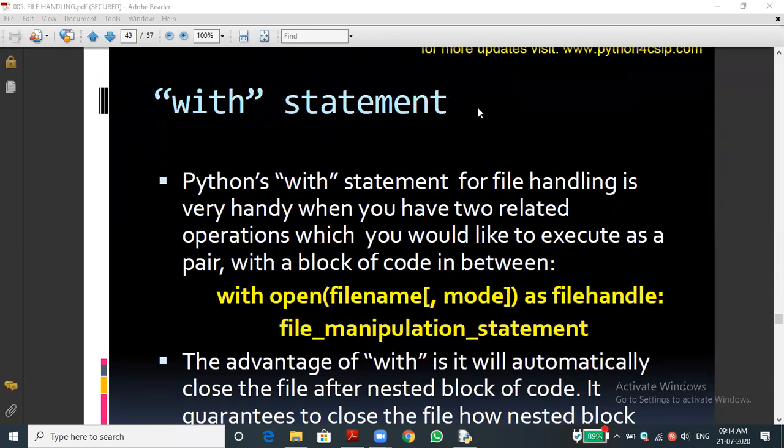Sir, please tell how to write a content into the file. I got the content, I got the input that is stored in a variable. Afterwards, how to store into the file, or how to write into the file? Sir, file dot write.